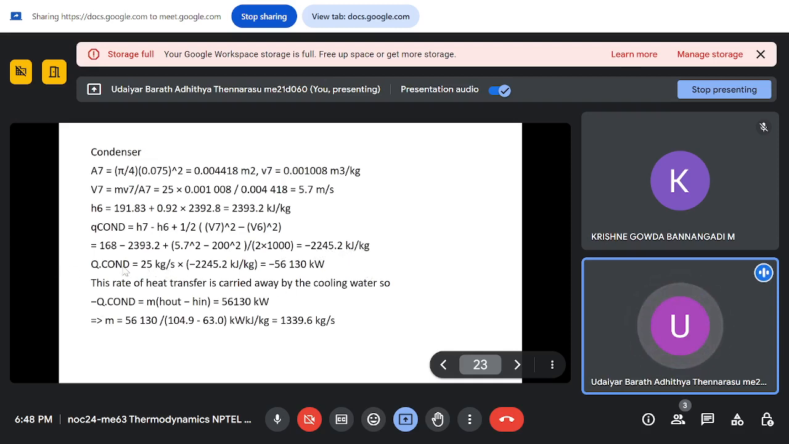So Q condenser is nothing but mass flow rate into the specific Q. It will come out to be minus 56 megawatts. So this is the amount of heat which is taken from the condenser. So this will be equal to